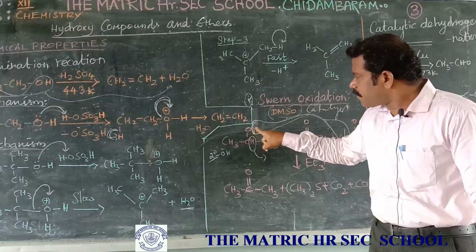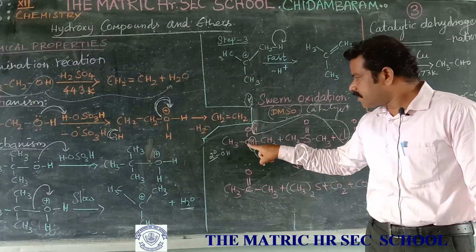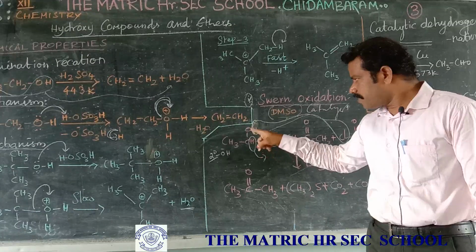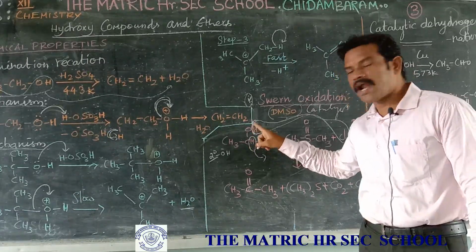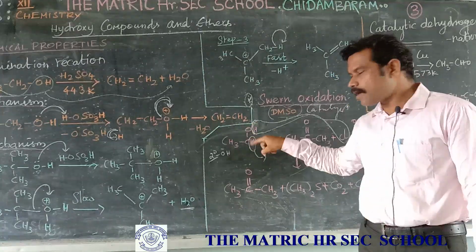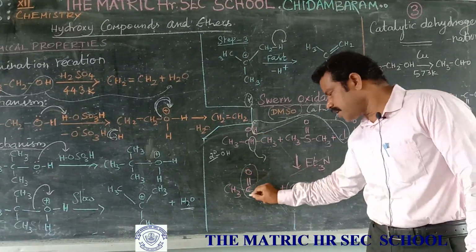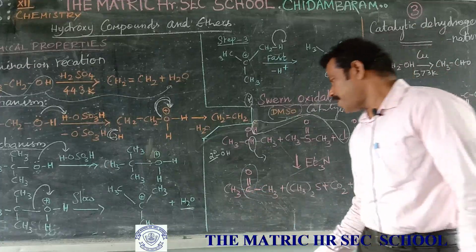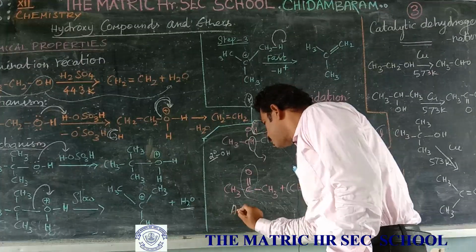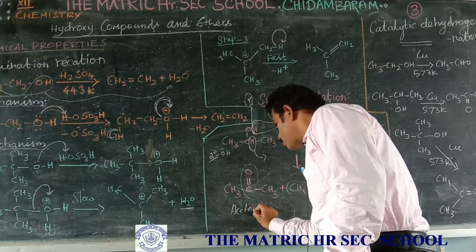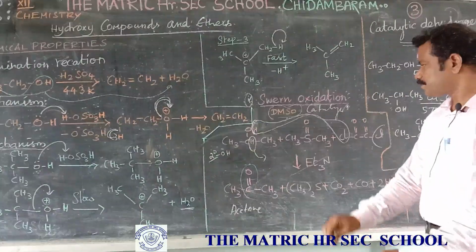So the oxygen releases one more hydrogen, and then the carbon releases one more hydrogen. So the valency decreased in oxygen and carbon. So the 2 atoms combine, and you will get a double bond. So it is the ketone group. That is acetone, or 2-methyl ketone, or acetone. You will get it.